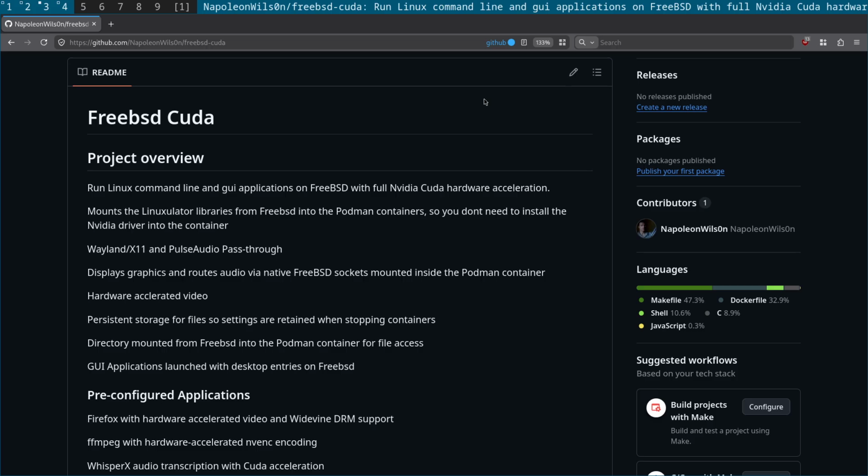And basically what this means is there's a lot of Linux applications that require Cuda that haven't been possible to run on FreeBSD, such as Python applications that use Cuda with Python torch, such as WhisperX, things like Comfy UI, Stable Diffusion. So what I've done is actually invented a completely new method of enabling Cuda on FreeBSD using Rocky